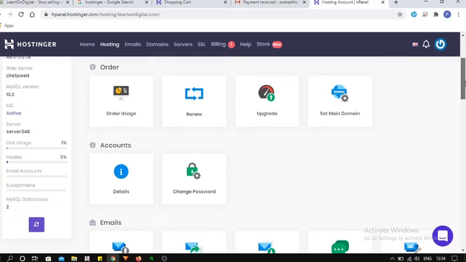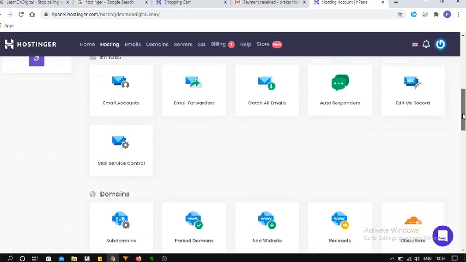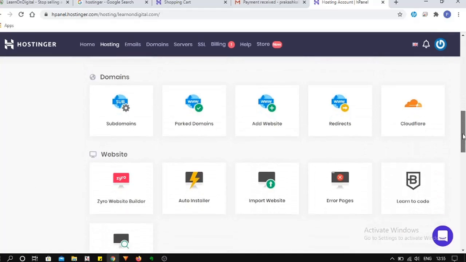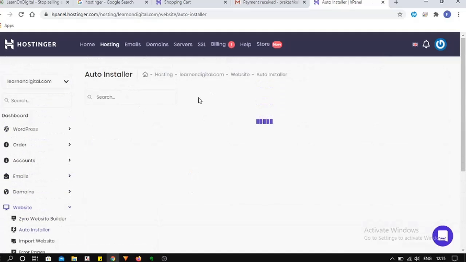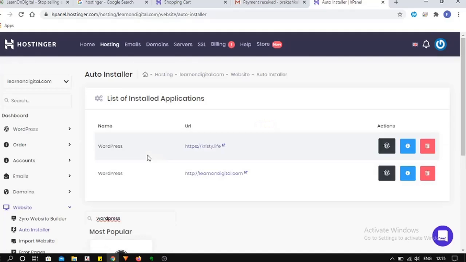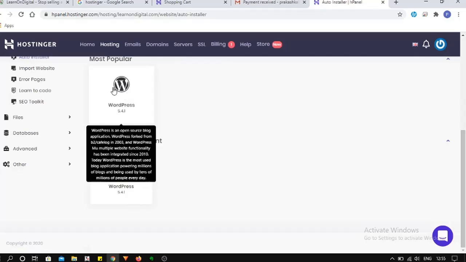After opening this, first of all you go to your website dashboard and then click on auto installer. In the auto installer, search for WordPress and install it.